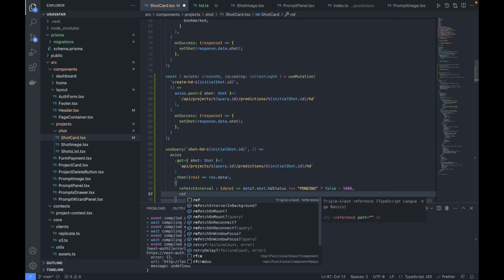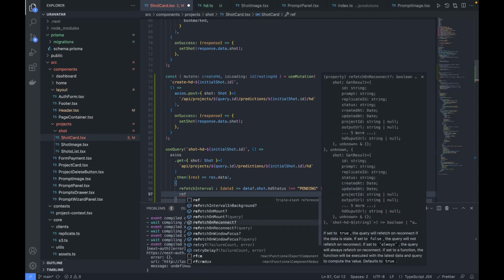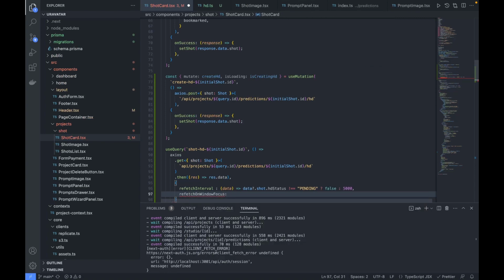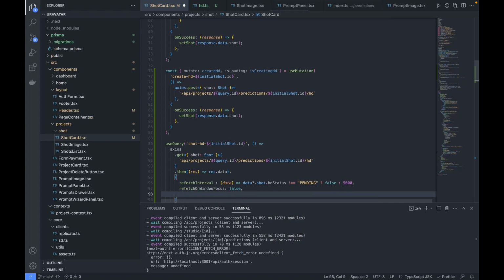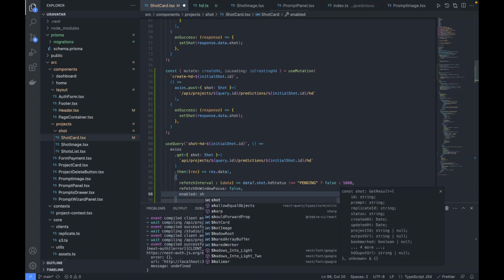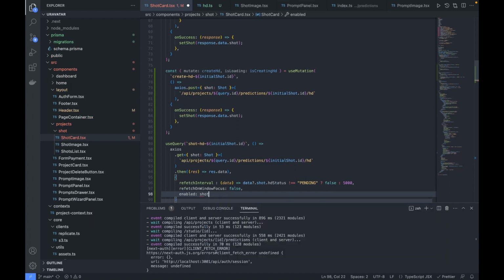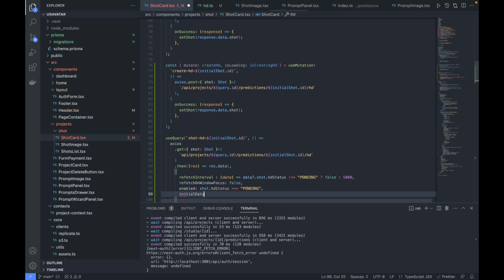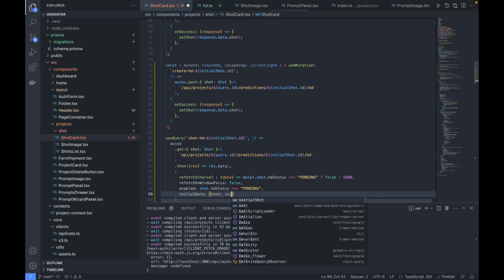Okay, and the refetch on window focus false, and this would be enabled only if the short hd status is pending. So yep, and the initial data would be our initial short, that is initialShort,